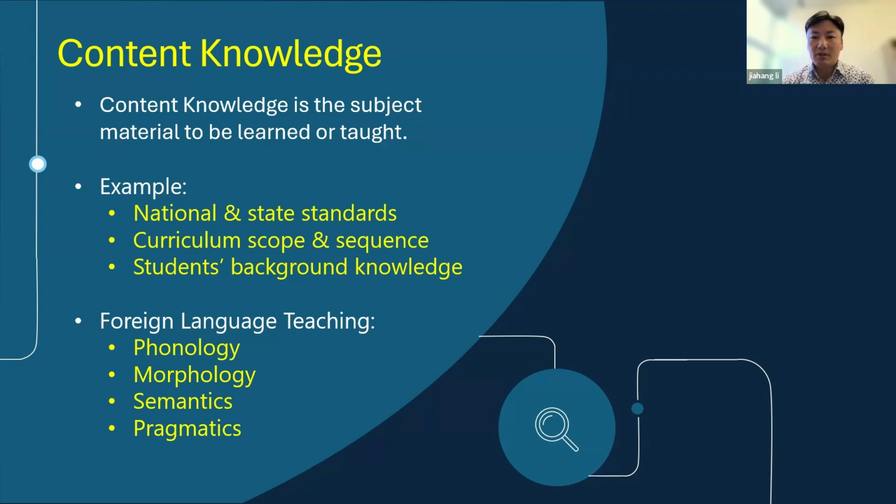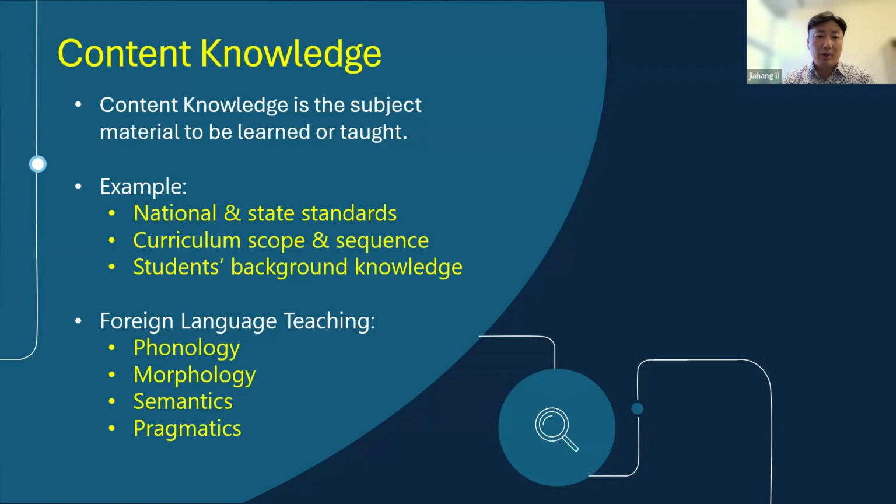So for content knowledge, of course, we're talking about national standards, state standards. I'm sure, are all of you coming from different states, or you probably are, familiar with your local state standards in terms of the subject area. In our case, it's world language. If you're in K-12, if you're in higher education, you're probably following other types of standards, most likely ACTFL, right? So there are a lot of different standards nationwide and statewide regarding these different subject matters.